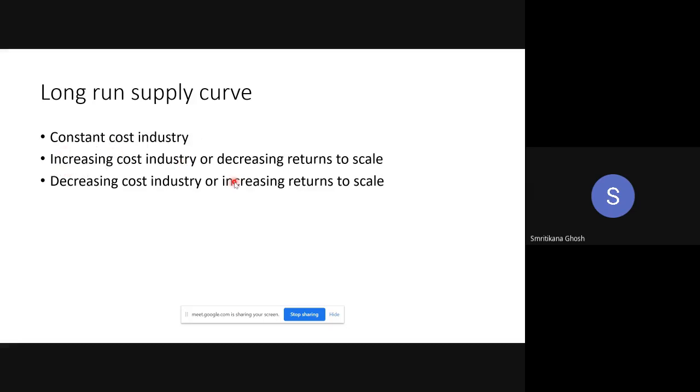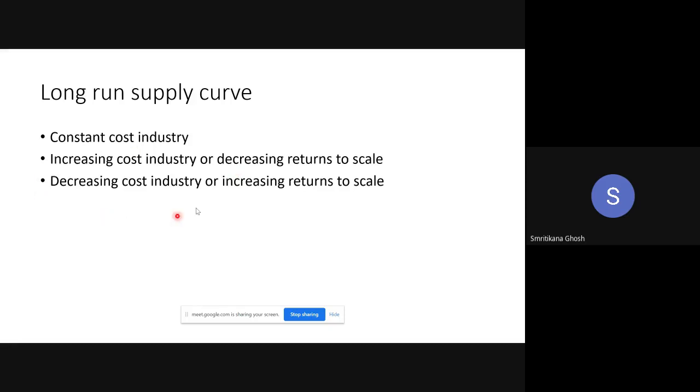Increasing cost means if you spend 20% more, you will get less than 20% increase in output. So that means there is a problem in the industry. This is called the decreasing returns. This is because of the decreasing returns to scale. Okay. You know the DRS. There may be congestion. There may be some problem within the industry. That is why the effort you are paying, you are not getting that much of return. So this is called the increasing cost industry.